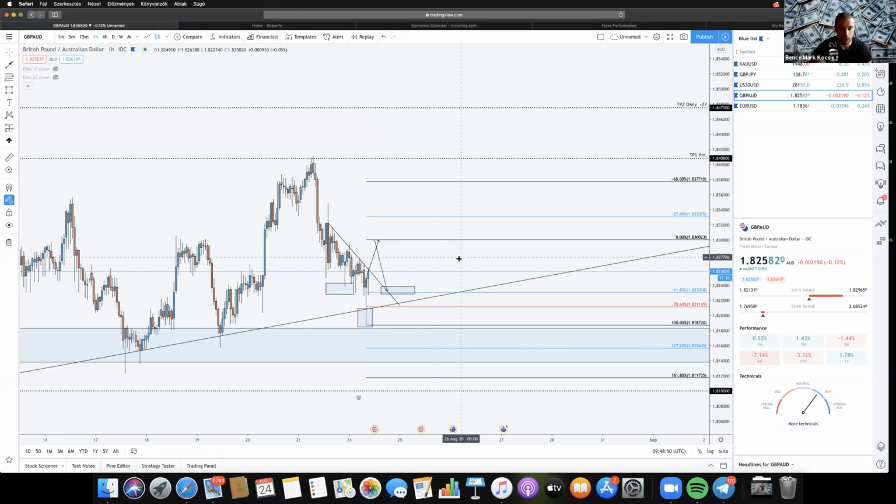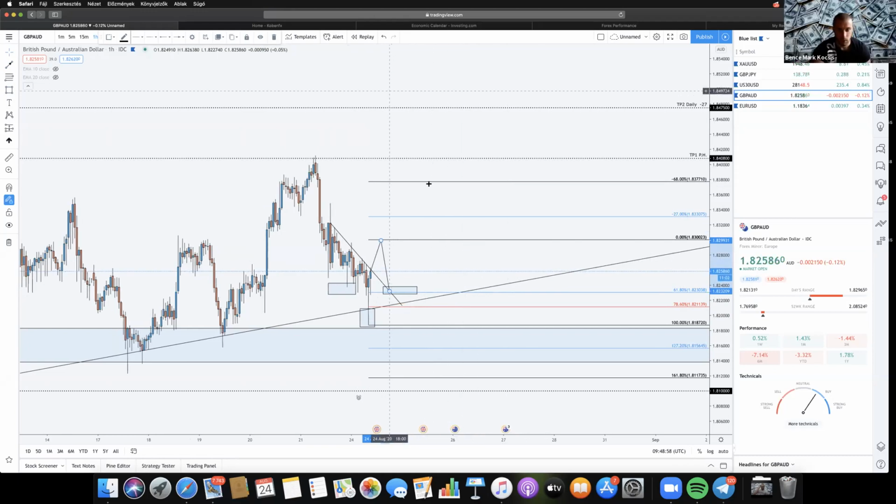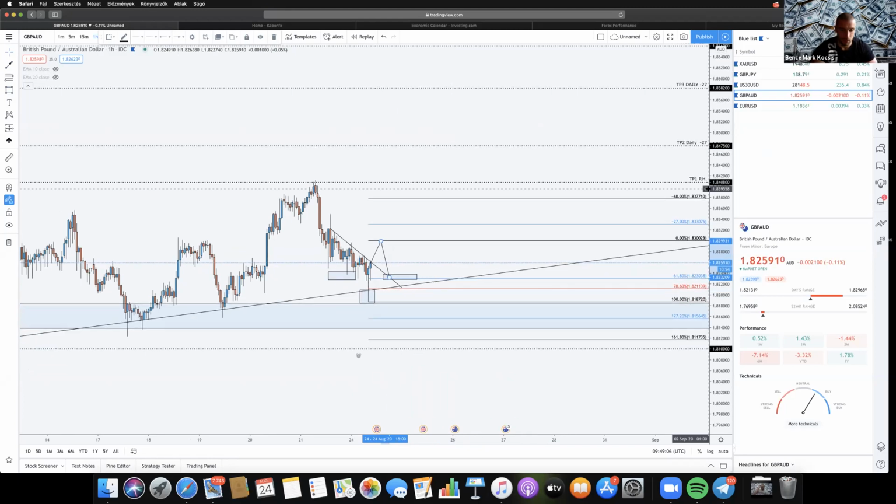Wait for the international order. We can take a long position. We can take the long position and the first target is the previous high, the second one is the daily minus 27, but also I